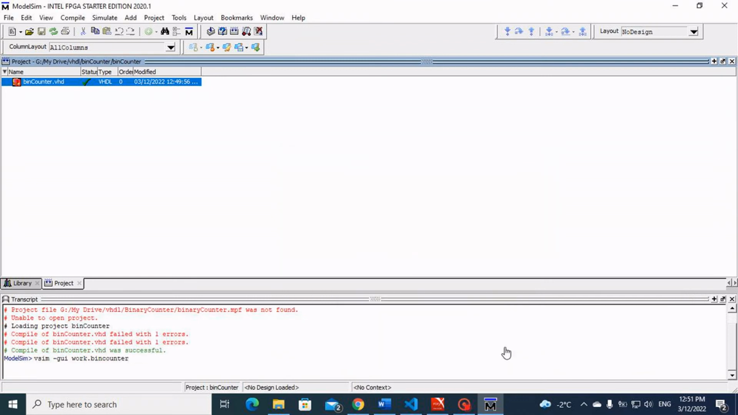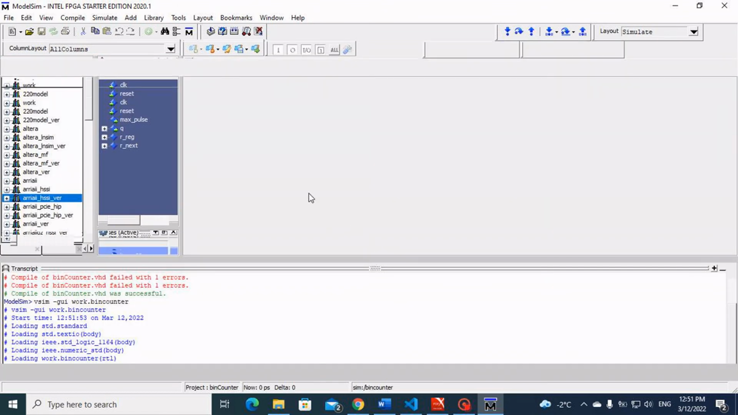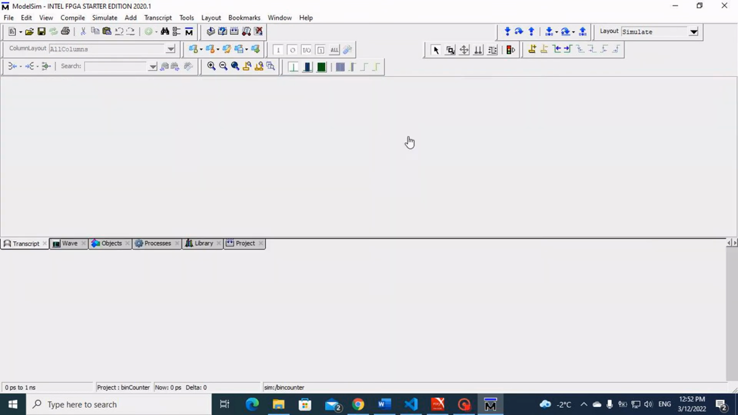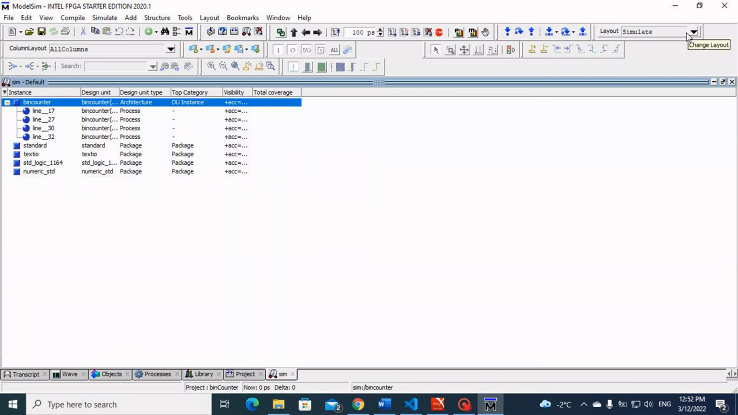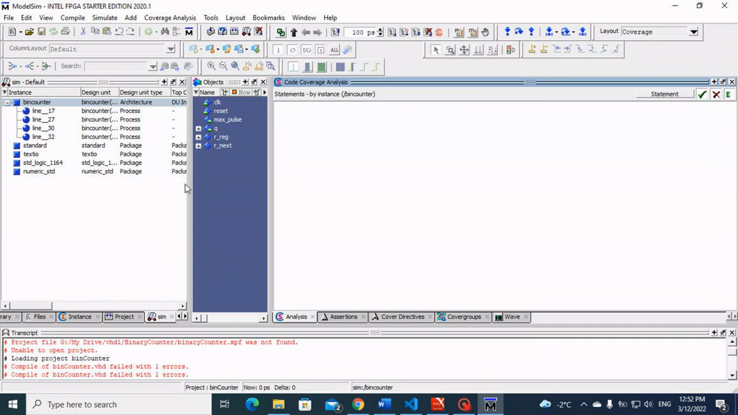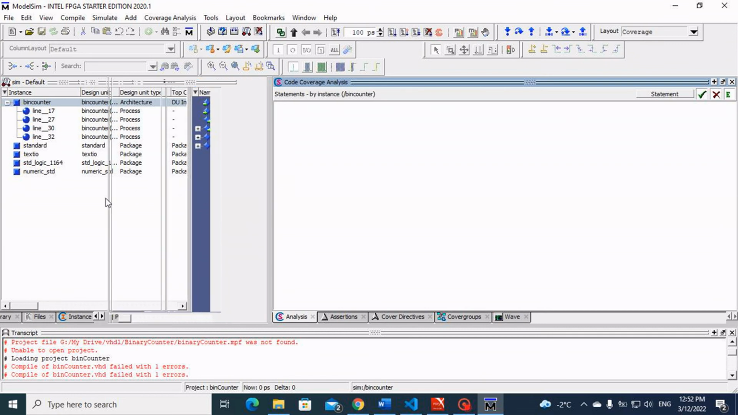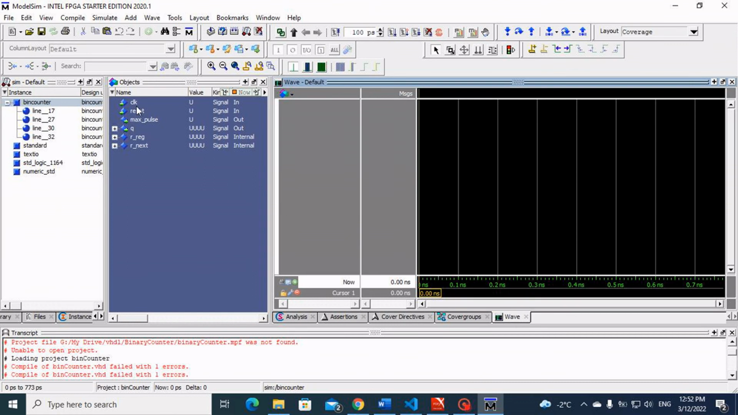Then you have this. All right, simulate. Okay, I usually have this problem. I don't know why it keeps doing that. So select wave, then we select